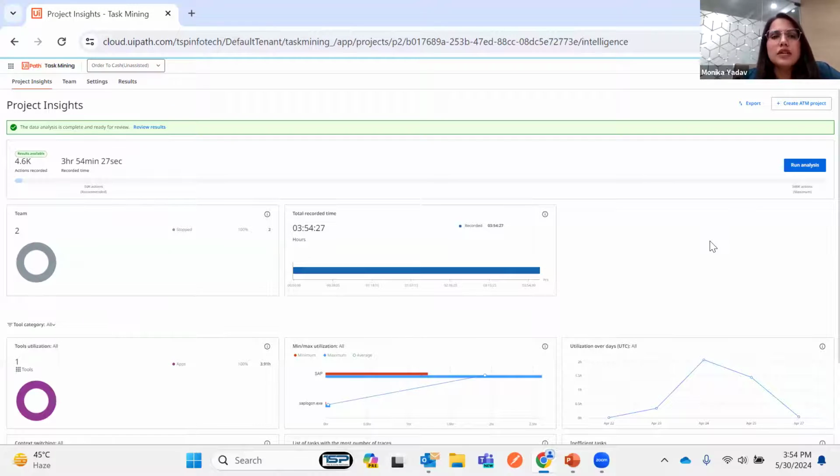So once we extract all the data, we need to analyze the data, for which we click on this run analysis button. It is recommended that we should have at least 50,000 actions before we run this analysis, because it uses 5,000 AI units for each analysis, regardless of the number of tasks. So that is not a compulsion. We can also run this analysis for less than 50,000 steps. Once I run this analysis, it will give me a warning message. I can just click on run anyway, and it will run the machine learning model to analyze this extracted data.